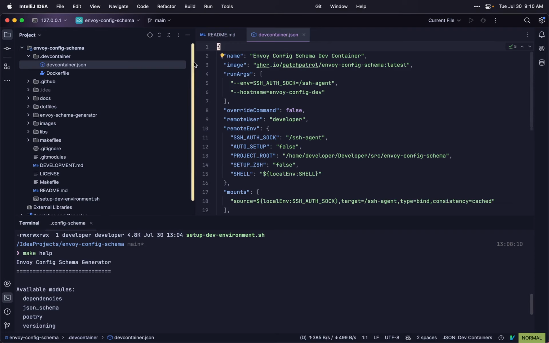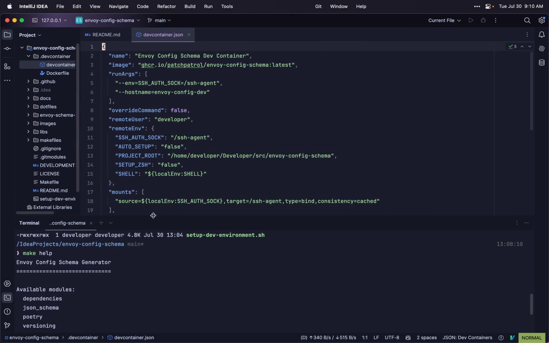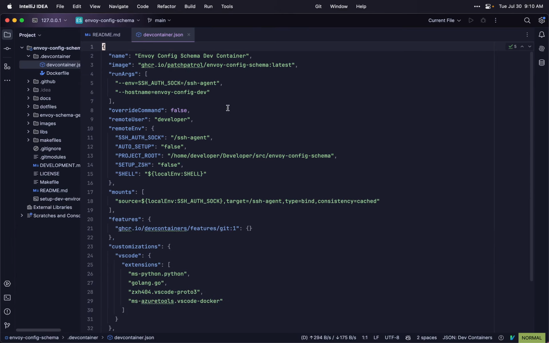It might look hairy at first, but it's actually pretty straightforward to configure. Let's make that a little bit smaller. So it has a name, it has an image. You can either have build or image. When you're first building your dev container, you have a build item, just like you'd have in a Docker Compose file. So you have build, and then you say the context is devcontainer, the file is Dockerfile,